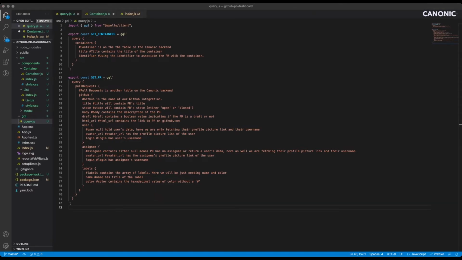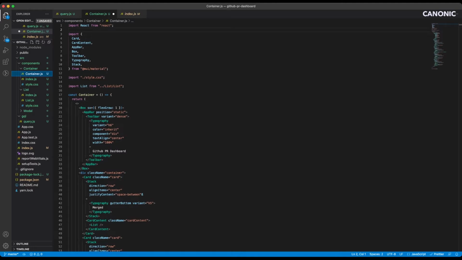So the container component is our topmost component that we're using. We'll be using this component only to fetch all the APIs, both the container table API and the PR table API. First, let's import useQuery from our Apollo client. It's going to help us make the API requests.